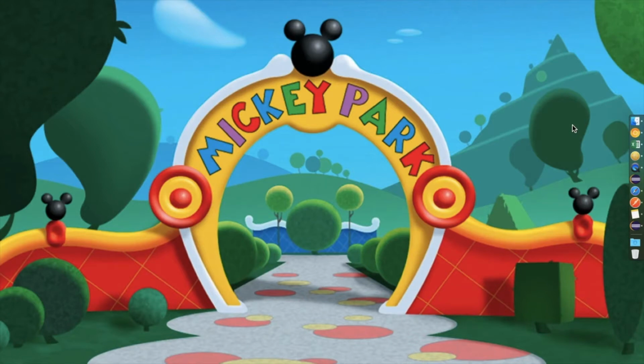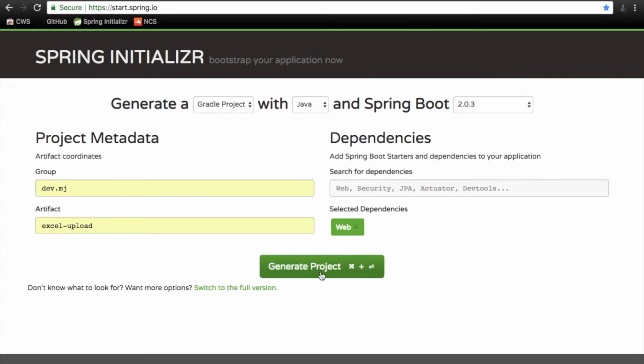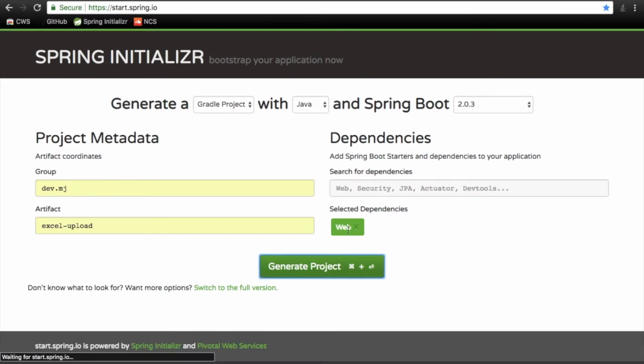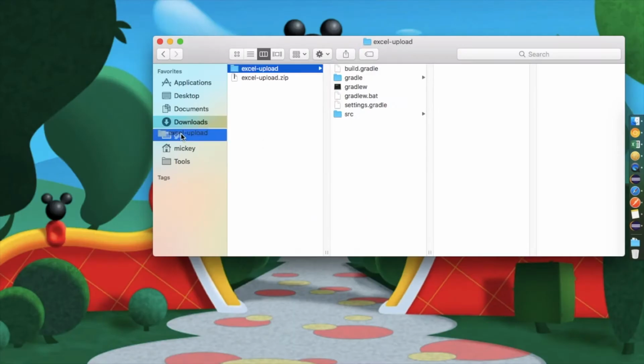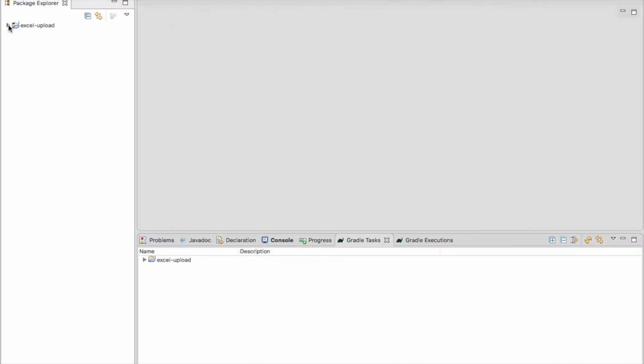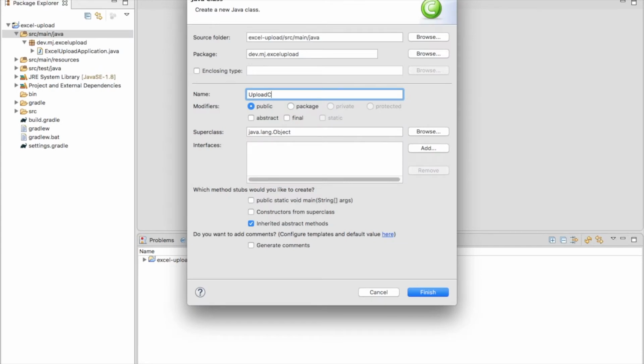Hello fellow developers. Let's see how we can upload an Excel file and read it as a JSON using Spring Boot. Let me generate a project just with web dependency and let's import it. And let's create a basic structure that has a controller,